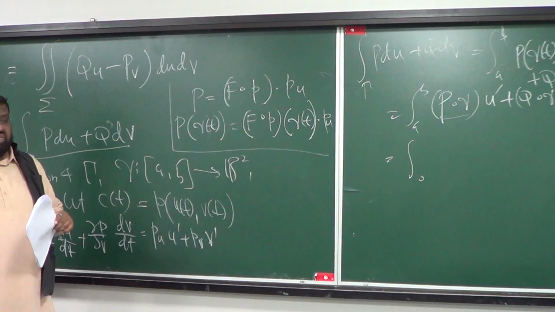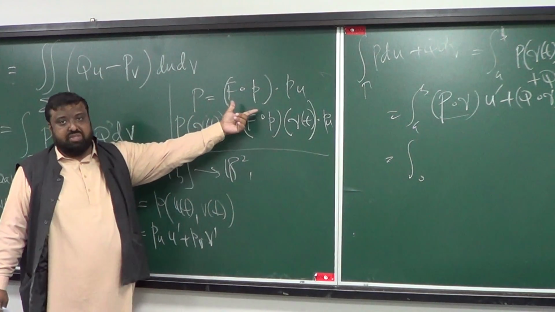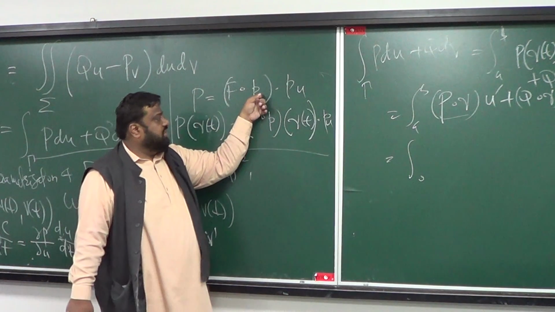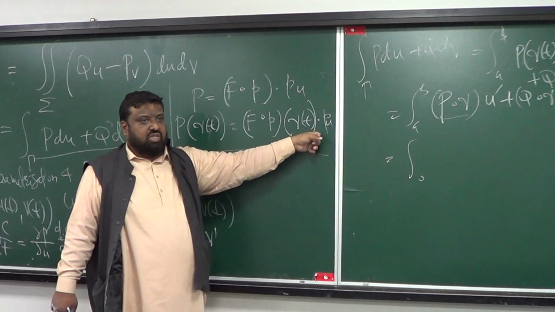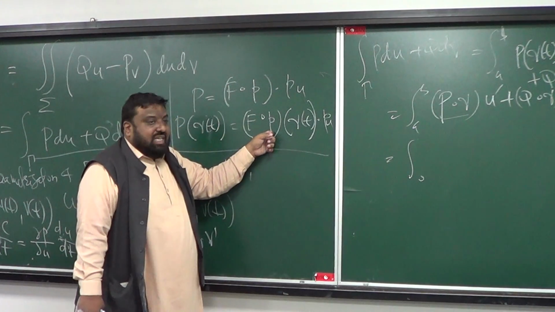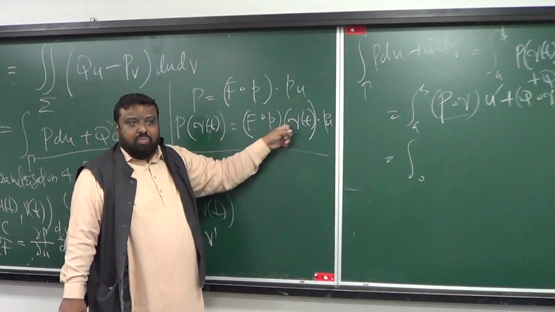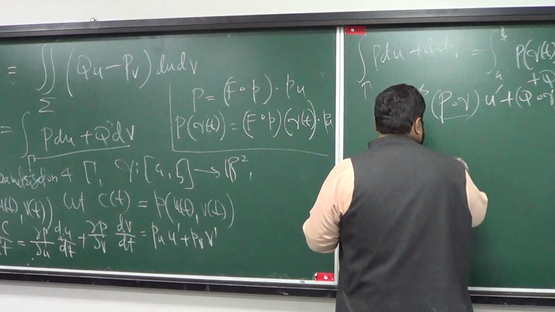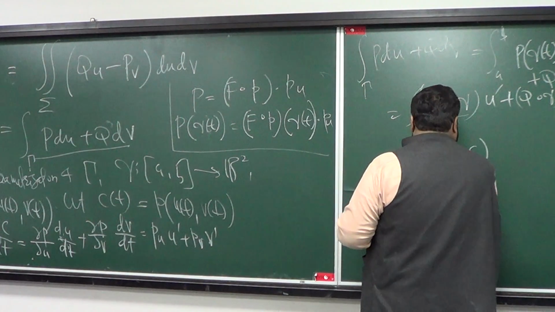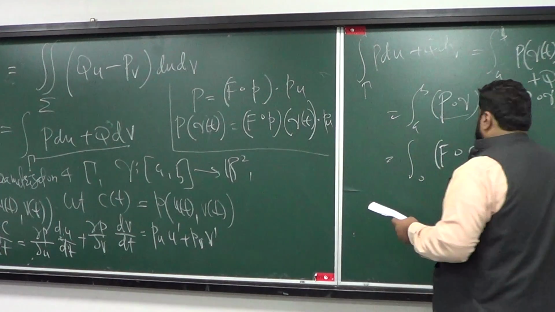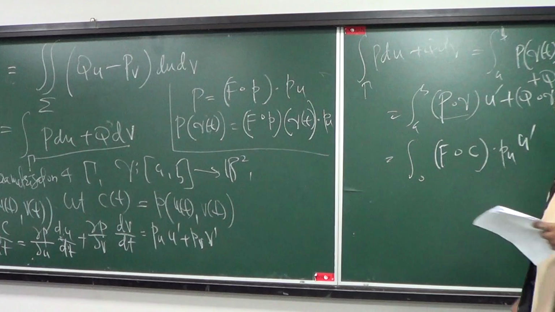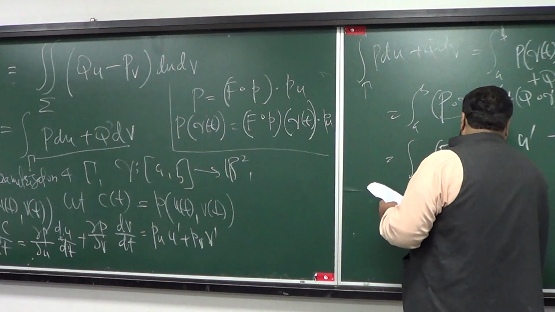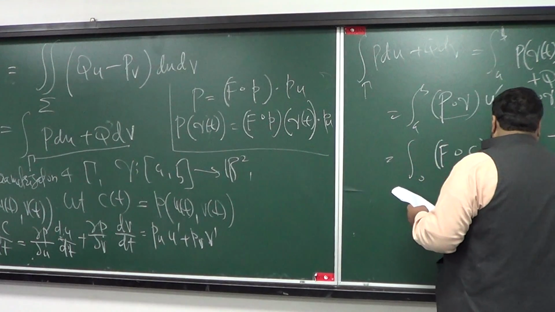So the capital P is this. What is the meaning of P composing with gamma of T? That F composition P operated onto gamma of T dot P. Okay? Now this P is really that P atom. So what would be the P composition gamma of T? That's your C actually. So I can write this as F composed with C and dotted with P_U, and I have a U prime, plus F composed with C, dotted with P_V, and multiplied